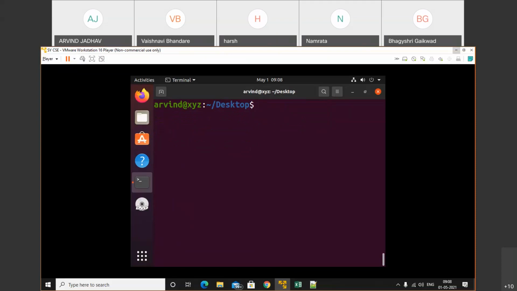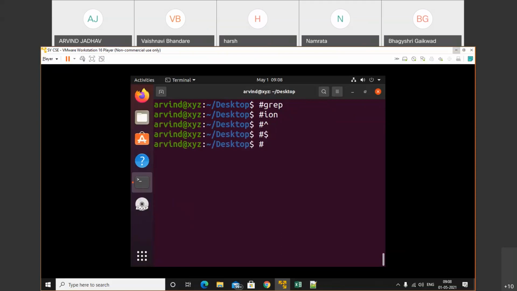Okay, and that we learn about how to use the grep command. And that also we learn about the case insensitive and with three options I, O, M. Okay, case insensitive, numbers and only. After that we learn about the caret command. We learn about the dollar command. After that we learn about combining both caret and dollar command. Okay. So this is about the grep command and it is very useful to find out the content of a file. Okay, this is overall about that command.